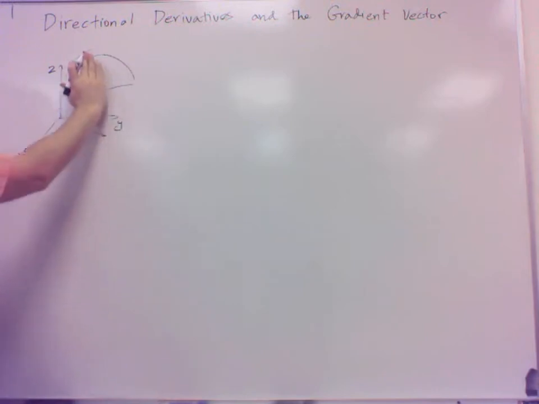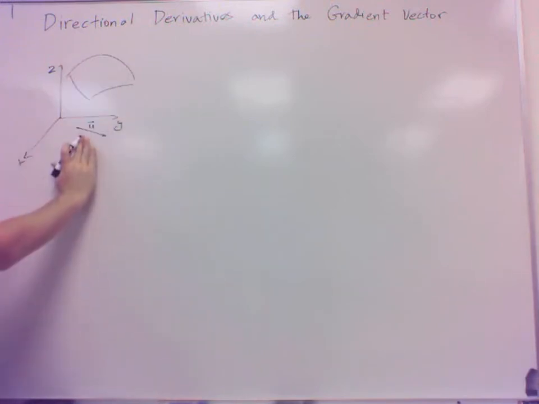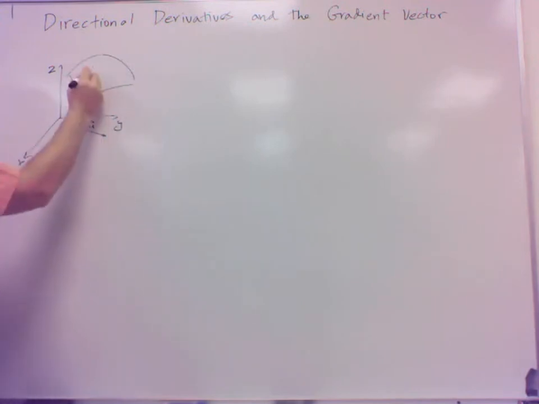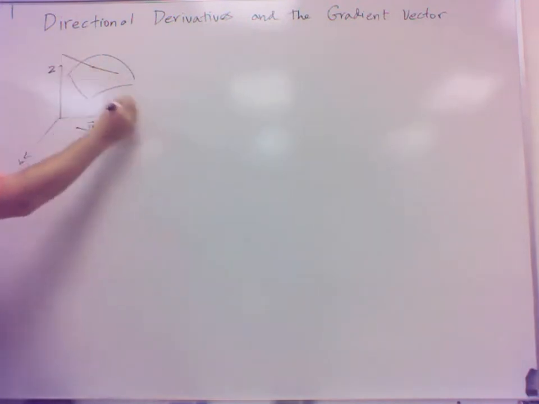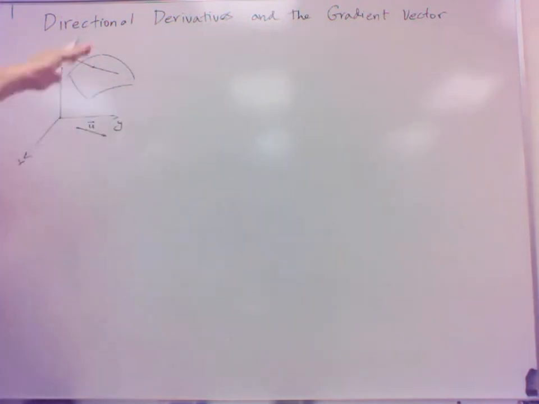You think of a plane going through that particular unit vector. Well, that's going to hit our surface here and give you a tangent line in that direction. So instead of just going the x direction or the y direction, we can go a tangent in any direction we want. Okay. Now, what it turns out then happens is this